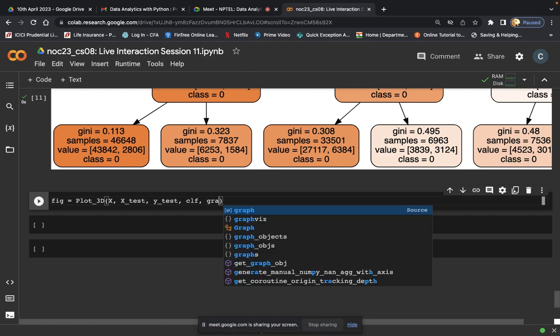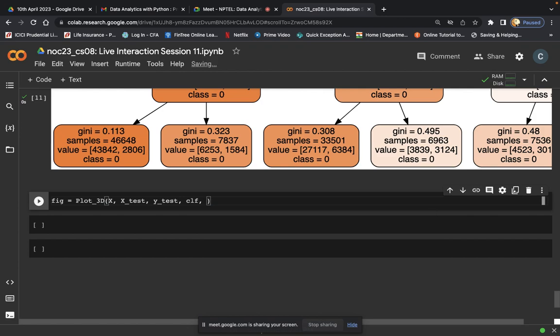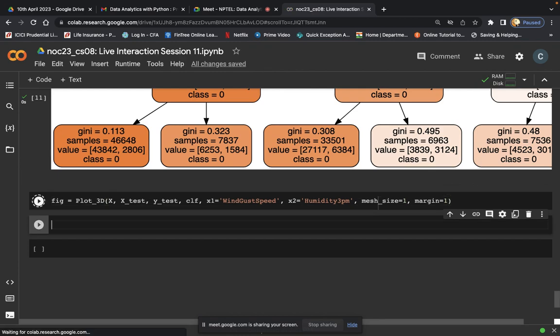Sorry, after the classifier we have to pass the axis names. So x1 is wind gust speed, x2 will be humidity at 3 pm, mesh size is 1 and margin is 1. So if we run this,